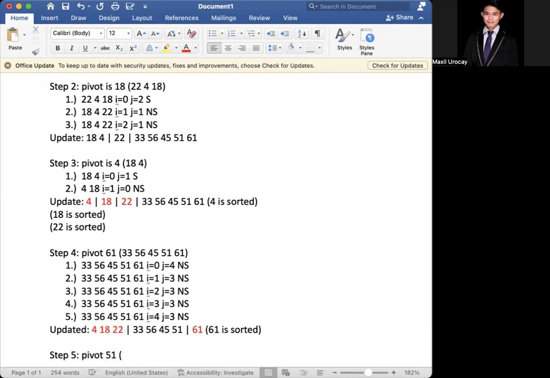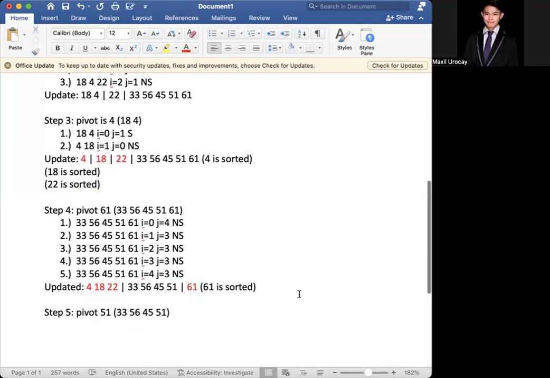Whereas you will begin to base that here: 33, 56, 45, 51. You can definitely go ahead and just copy as is here: 33, 56, 45, 51. Whereas your I is equal to 0, your J is equal to 0, 1, 2, 3,